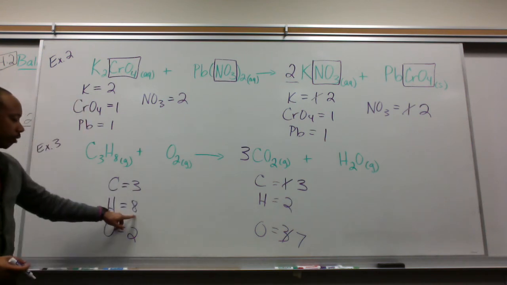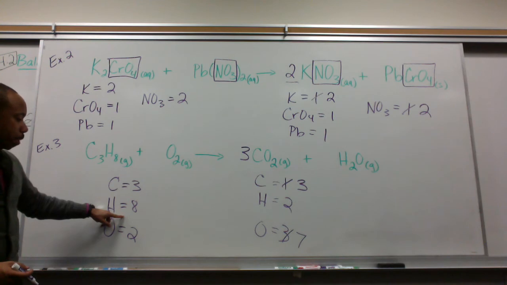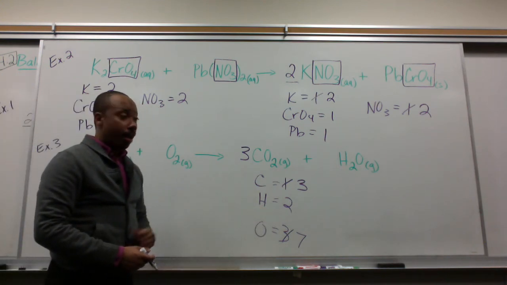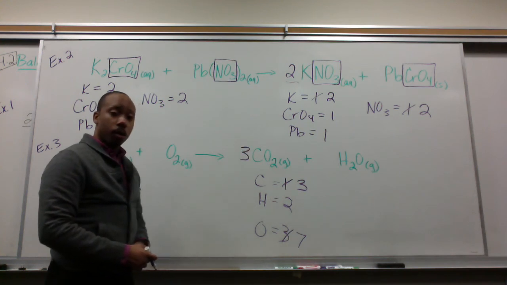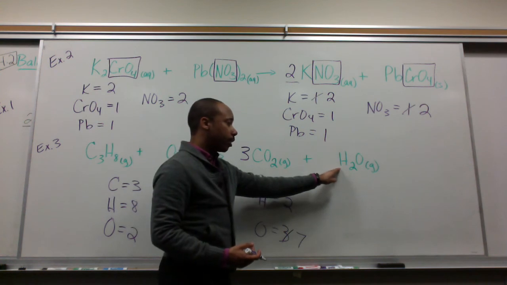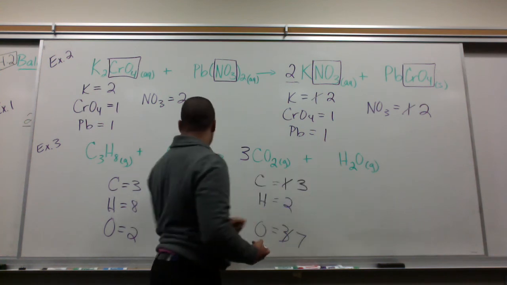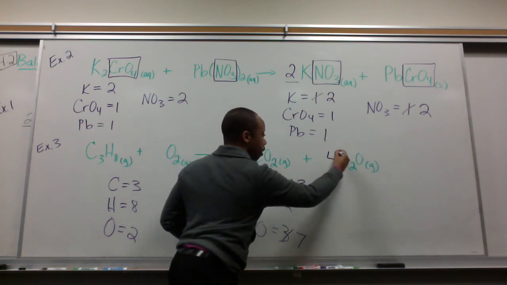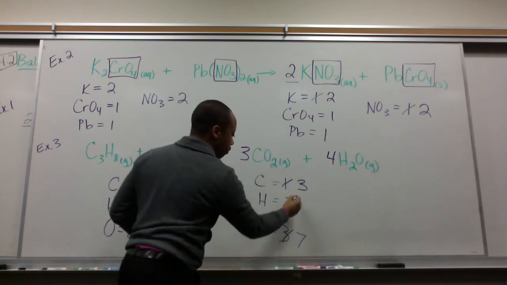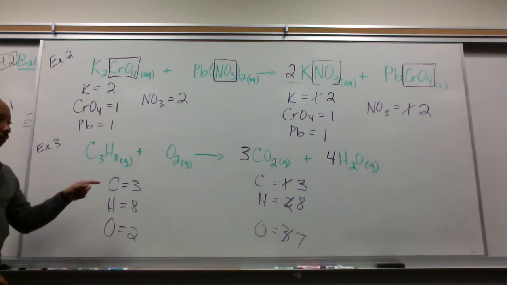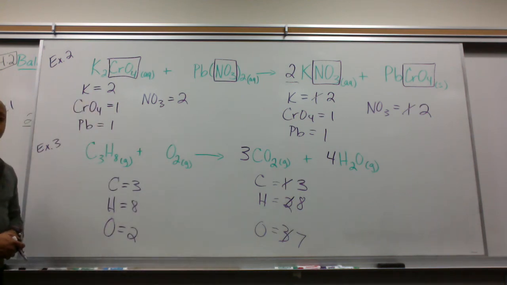Hydrogens. I have 8 hydrogens here in my reactant side. I have 2 here in my product side. I need 6 more over here in my product side. Thus, I go over here to my hydrogens and I think what times 2 is going to give me 8? Sure enough, that's 4. 4 times my 2 hydrogens gives me 8 hydrogens, and there I am right now. So I have my carbons, which are 3 and 3, hydrogens, which are 8 and 8,